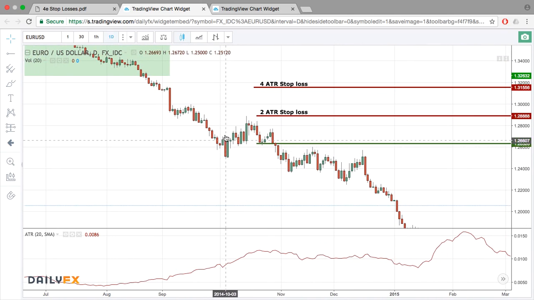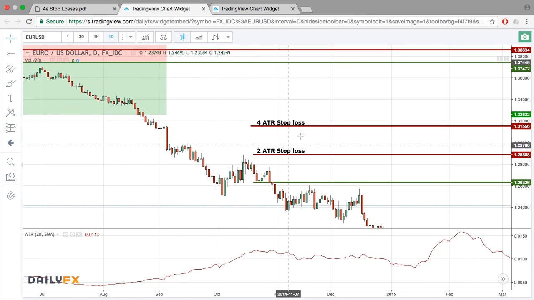Whereas here you can see it's a lot choppier, and if you entered again, I just chose a random bar here, but look how wide this 4 ATR stop loss is. The 2 again is pretty nice. It's just enough room to let the market move around a little bit, but it's not so much that your risk to reward is getting compromised, and it's not too tight that if you had a 1 ATR stop loss,